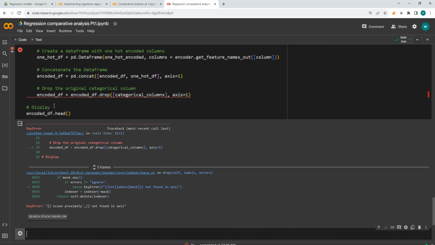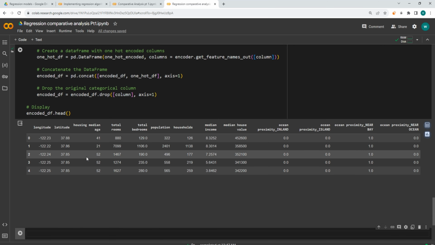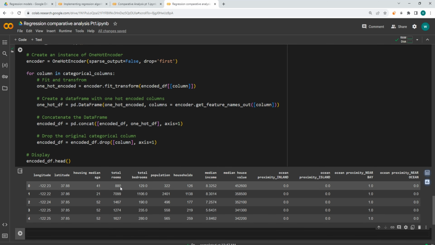When I run that, we get another error, so we'll use this column because we were iterating using the for loop. So when we run that,